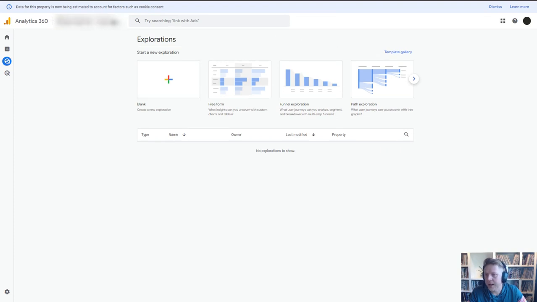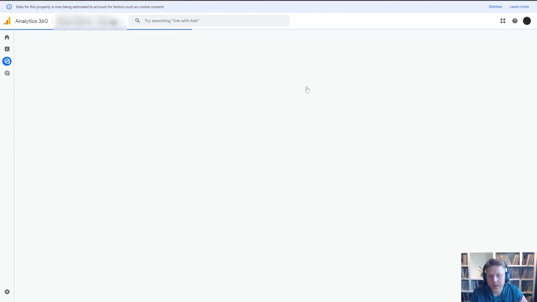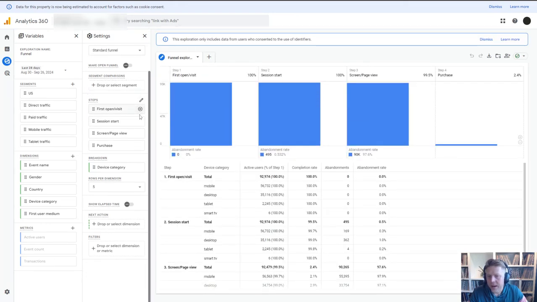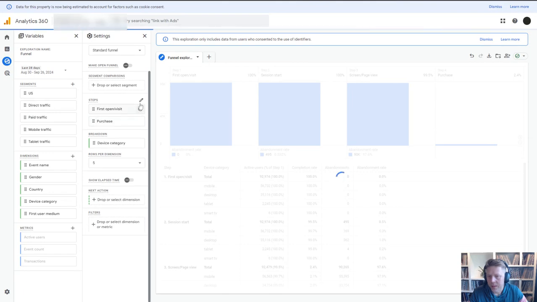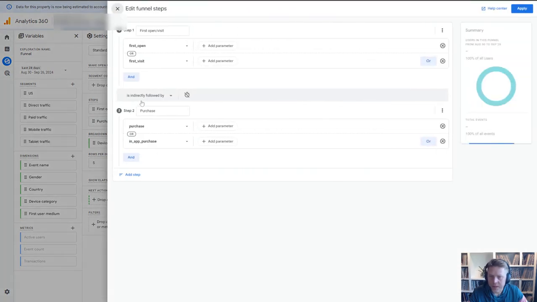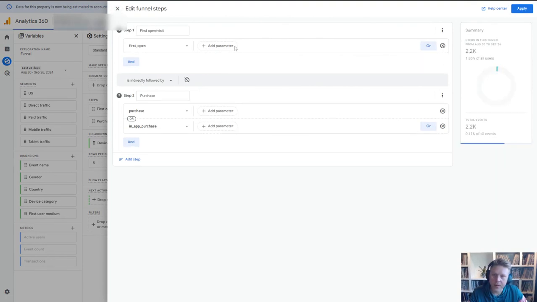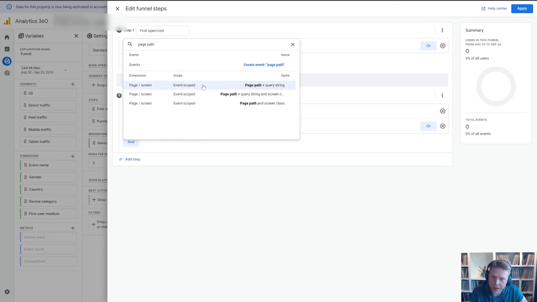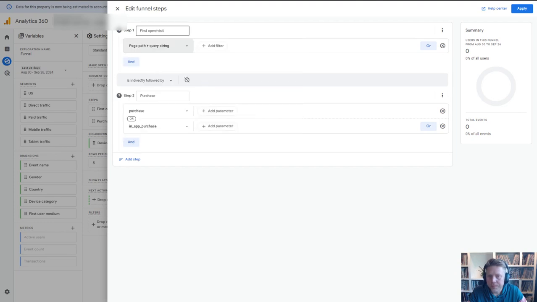What you do is once you're in Analytics, go to Explore. Under Explore, we're going to create a funnel exploration. So go ahead and click on that. And once this opens up, we're going to go ahead and kick out these two events here because we don't need them, and we're going to then hit edit on this one. We can get rid of the second one, and on this first one we're going to type in page path, and we want to do page path plus query string, and we'll just call it collections